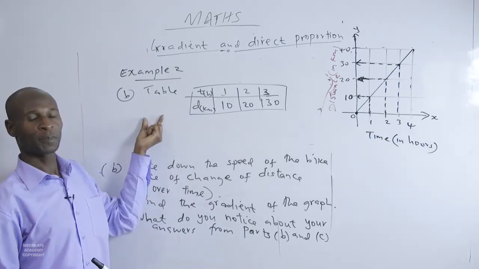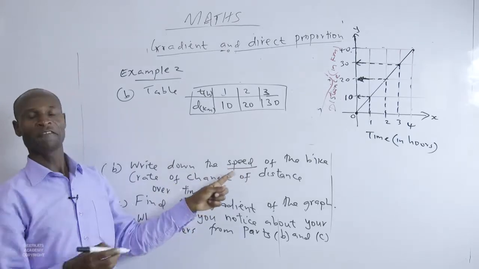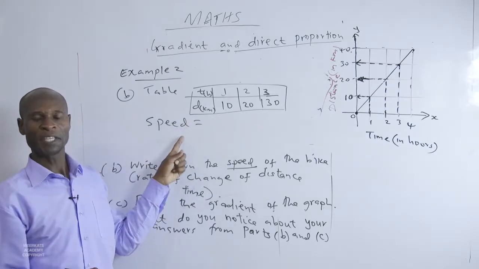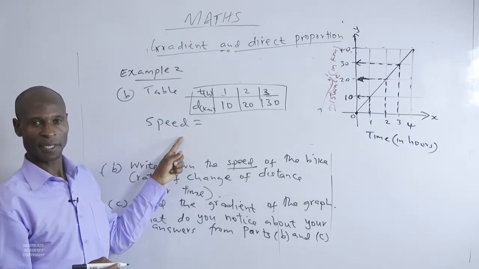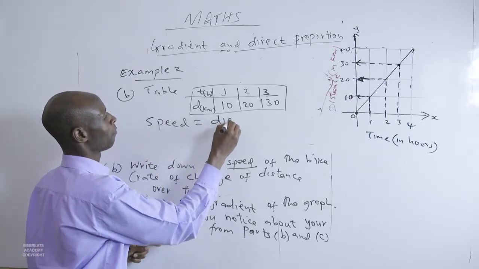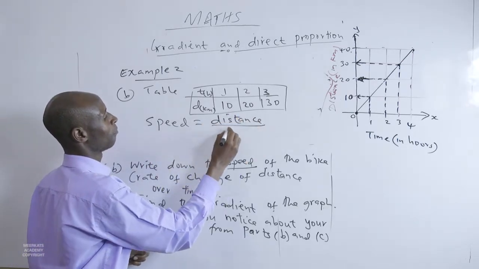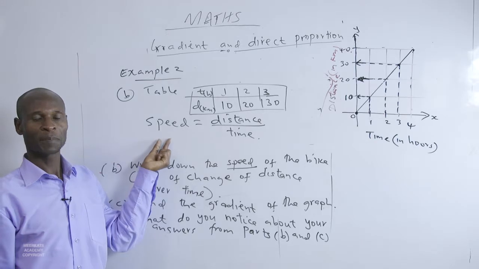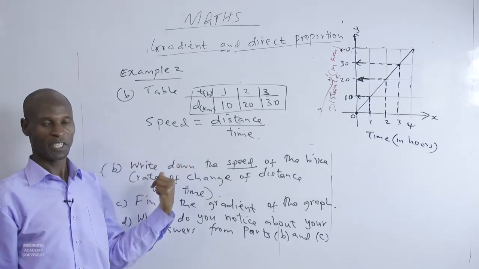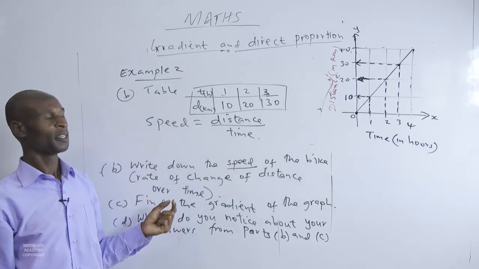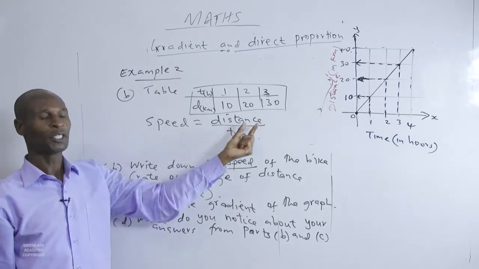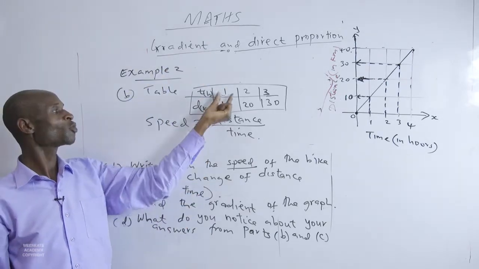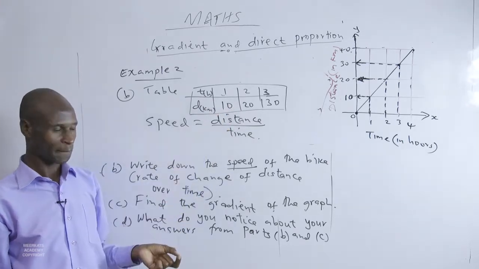Now, how do we get speed? We go back to the definition of speed. Speed is obtained by taking distance over time. By definition, speed is the rate of change of distance with the time. And mathematically, we write speed is equivalent to distance over time. We start with the first case. When time was 1 hour, distance was 10. So,